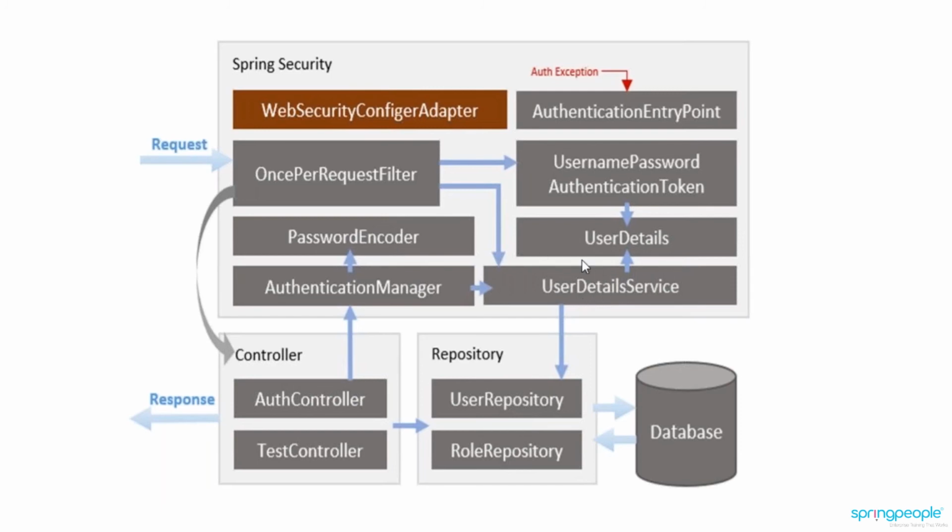Then once the user detail service is taken care of your user, it will hit the database and check what is your user and the role repository with the database. Then it will give it to a controller, and the controller will check with the filter and give the response. This is the flow of Spring security. So that is about the Spring security which we have covered.